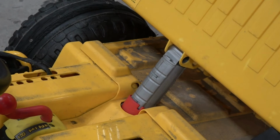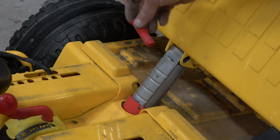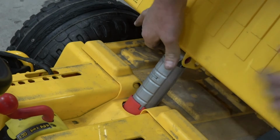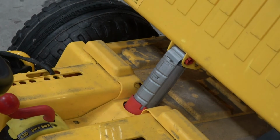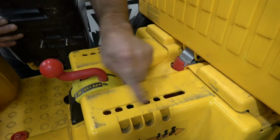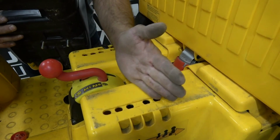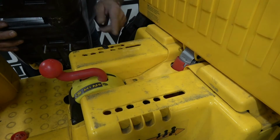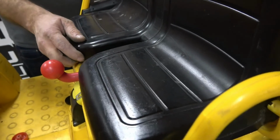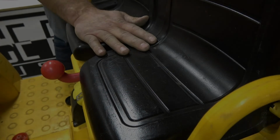All right, so once you got your bed cover in, go ahead and replace your actuator pin. And then we're going to install the seat. As you notice, there's several adjustments for seat. If you got a little guy, you want the seat forward. Big kids, you want the seat as far back as possible. And that is